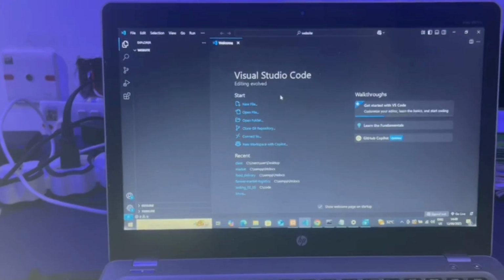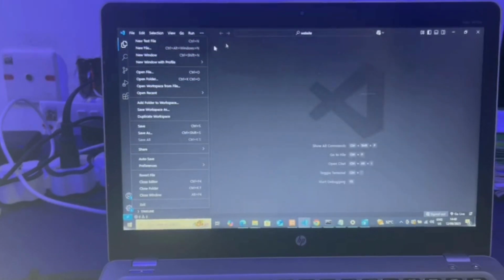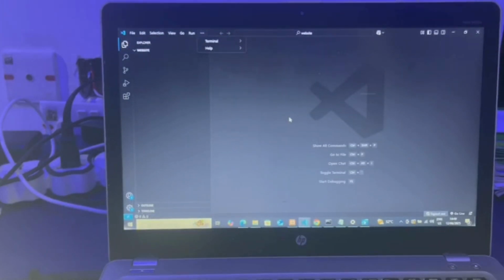In this place is where you can select files, new text file, new window, and so many other things. In this video, we are going to talk about how to create a file on VS Code. Hover on your folder, website. Here you see this icon, new file. Click on new file and type